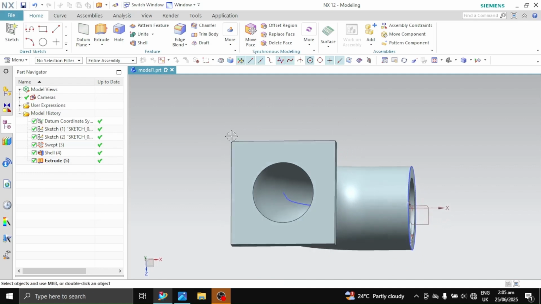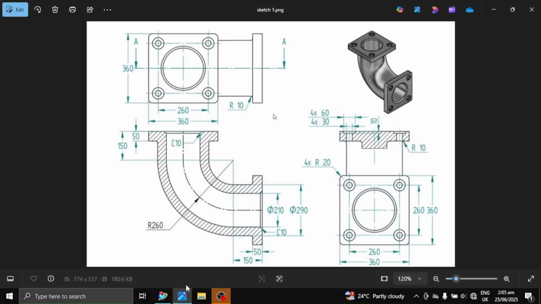Next, we'll create our holes. We first get the correct position of the holes before we specify how the hole should be. The distance from here to here should be 360 minus 260, which will be 100, and that will give you the distance of this and this combined. To get the distance from here to here, divide 100 by 2, that will be 50. So the hole should be 50 millimeters from the left, 50 millimeters also from the bottom.